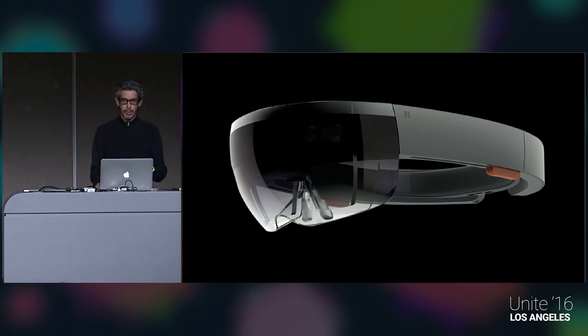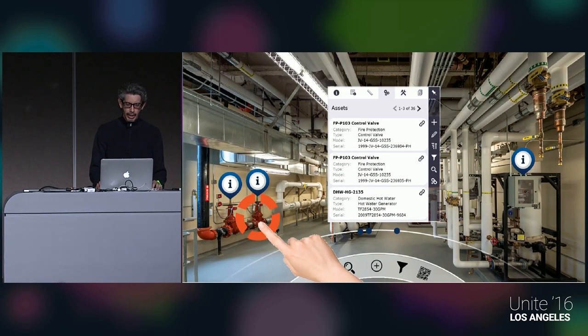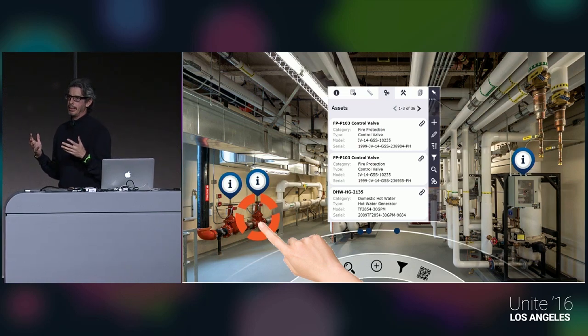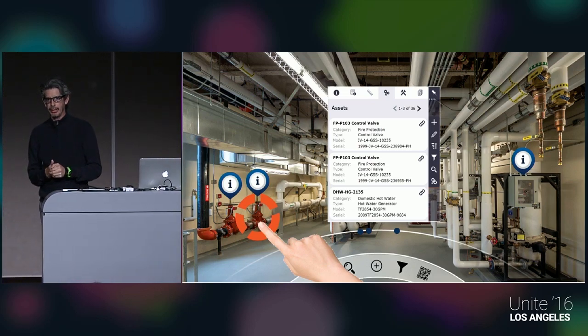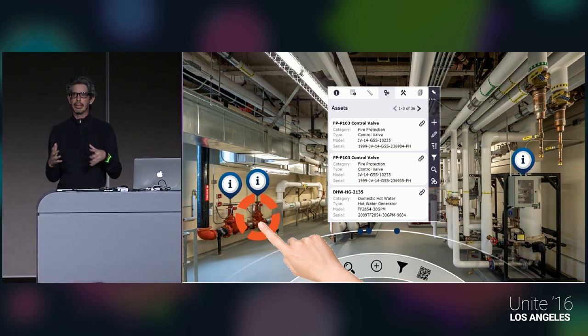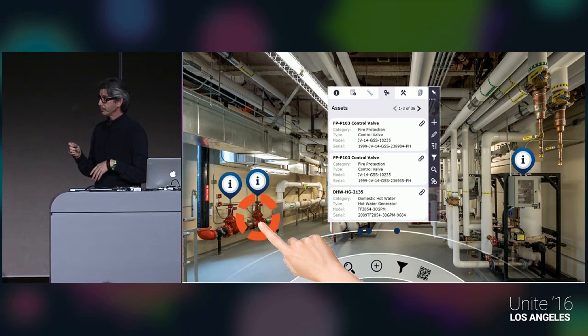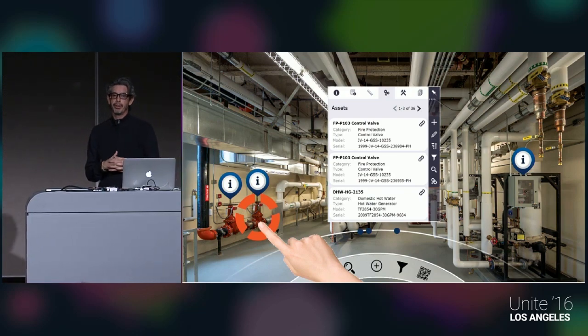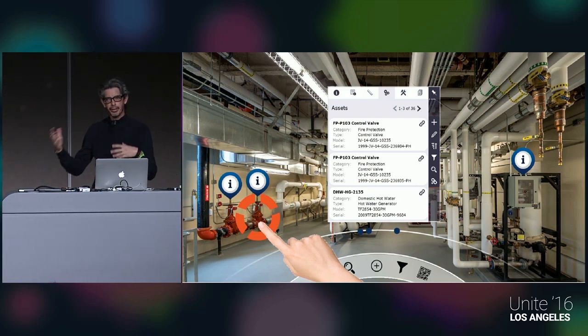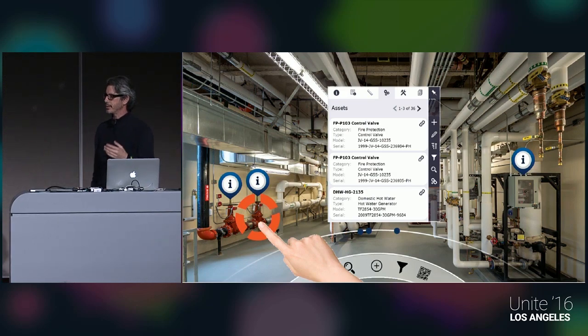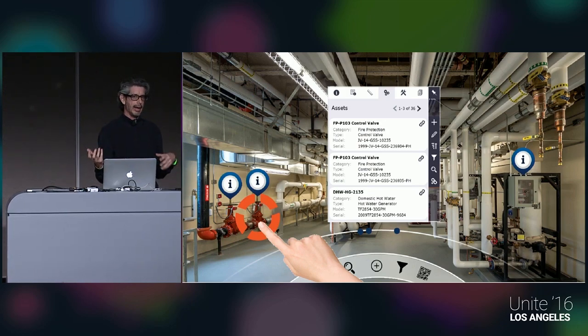Now, we're working with Trimble. Trimble are the makers of SketchUp. And Trimble is developing apps that actually interact with the environment, true mixed reality, where you can do some pretty interesting things. Gauges give you their information by just looking at them and tell you when they need to be serviced again or what they're due. You get to do these things where information is interacting with you and